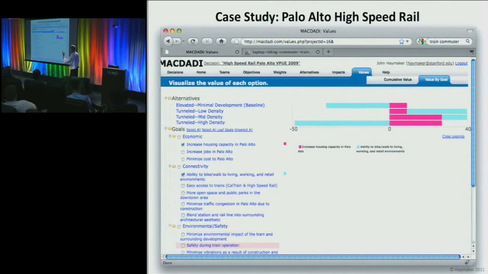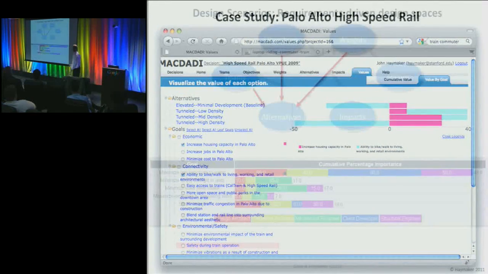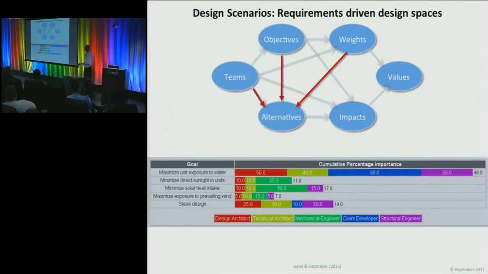And start to drill down in that information. For example, here we see a comparison of increasing housing capacity versus ability to bike and walk, and see which alternatives are performing well in terms of just those 2 goals. Okay, so that's MacDaddy. The next tool is called Design Scenarios, which is really just talking about this process of,